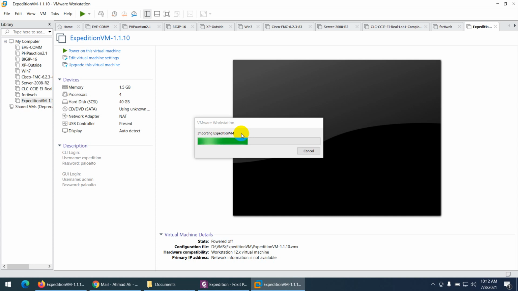By default memory is 1.5 GB, processors 4, hard drive 40 GB, and the network adapter is NAT. No need for USB and the other things, it's not required, but it's there, it's okay. It will take 1 to 2 minutes to import, depending on your hard drive and your resources. It's still importing the Expedition VM. It will take another minute, and then I can show you how to access it.